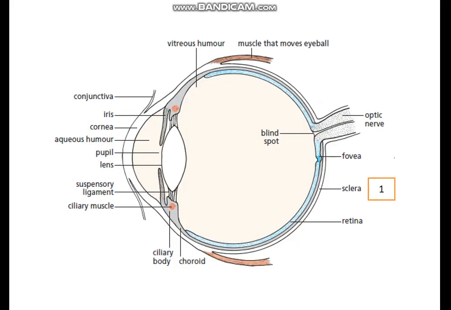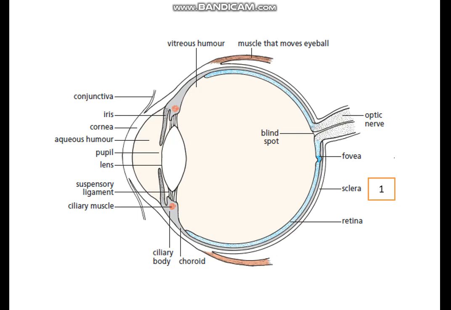Then beta, this is the diagram of the horizontal eye view. I'm sure the diagram is clear, and no need to worry if there are so many parts visible. We will learn this topic in two parts. Today we will learn half of the structures, and in the next lesson we will learn the other structures. The picture looks complicated, otherwise this is a really easy concept and interesting as well.